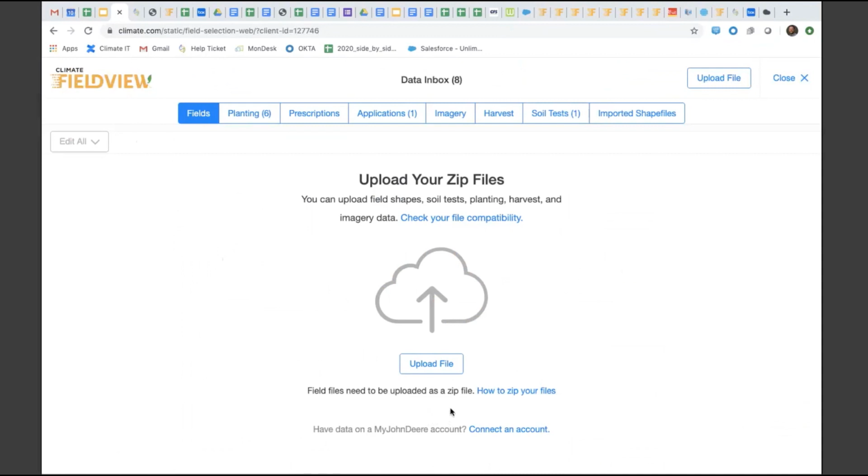So if you have a My John Deere account, you can connect that account to your FieldView account and bring that data in without having to download that data manually off, say, your 2600 or 4600 series monitor. So if you just go ahead and click connect an account,